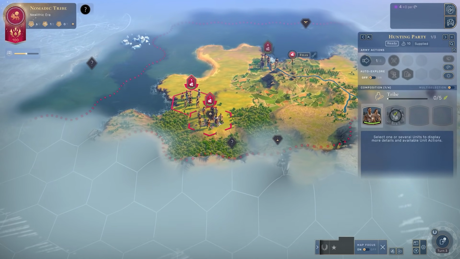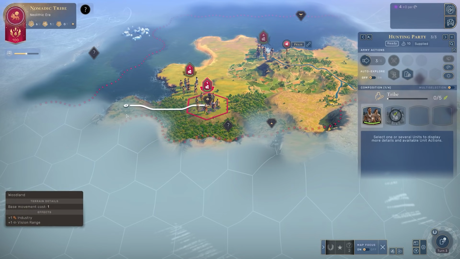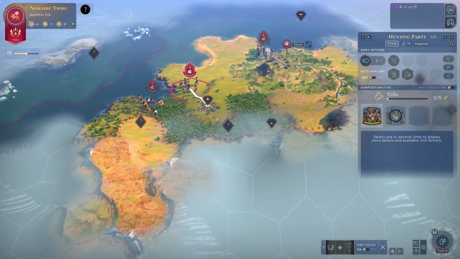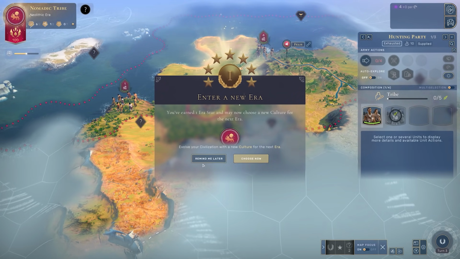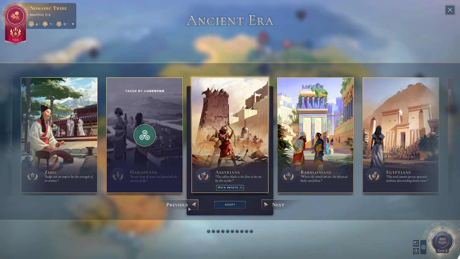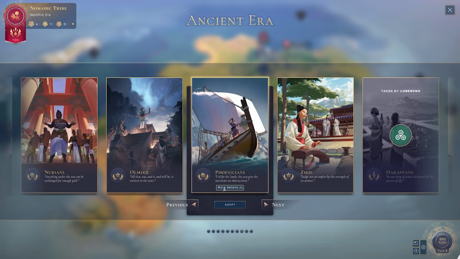And then some focused changes towards the end as well, to make technologies more expensive, to make stability and district cost scale higher so that you can't infinitely spam out districts, again relating back to those first changes that I mentioned to stability. In terms of specifics, the Neolithic era has basically seen mammoths become stronger,